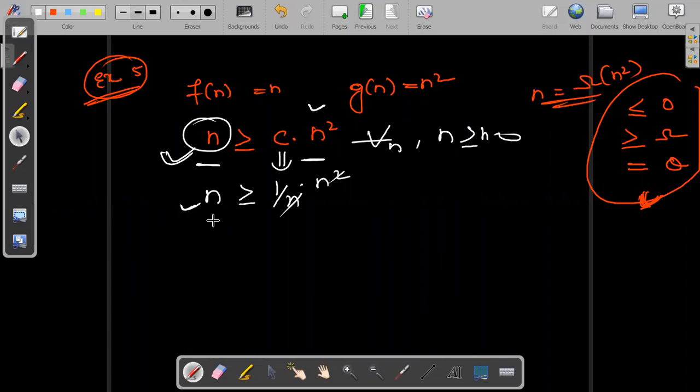Sometimes it may be equal. That is the reason why if it is equal, we have to write theta. Understood? When we have to write big O, when omega, when theta. See here, not equal. Here basically n should be greater than or equal to n square we had here. But when I take c value equal to 1 by n,